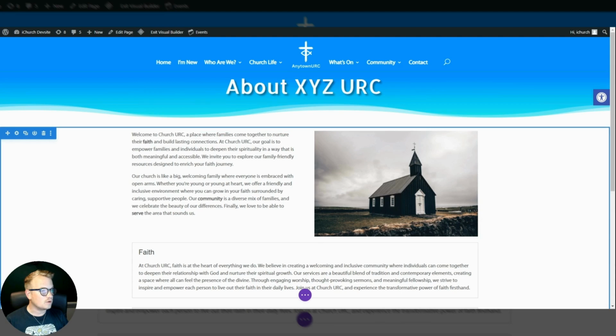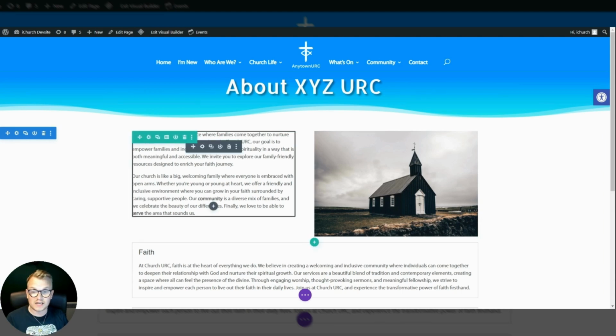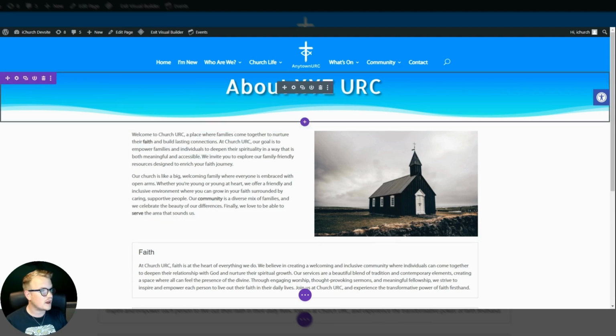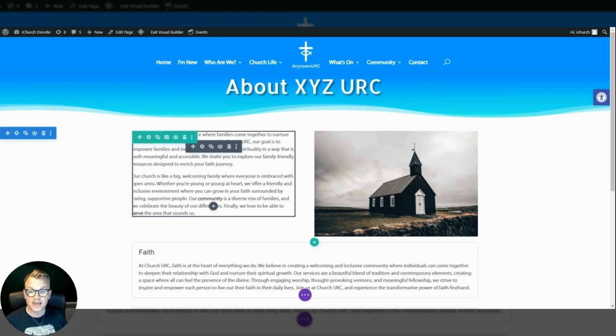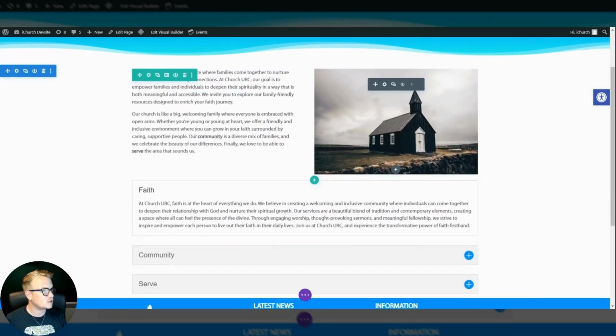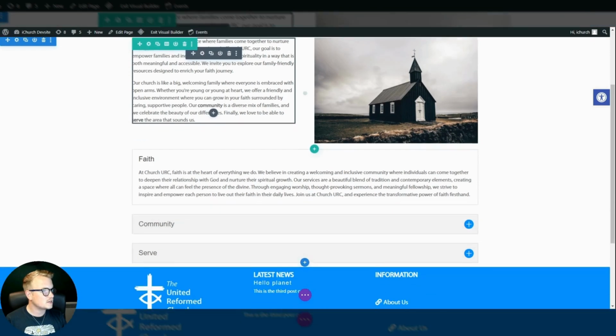And then within columns, or just within a section altogether, like at the top here, we have grey. And grey indicates a module. Now the module is the stuff. It's quite difficult to explain it in any other way, but it's the stuff that we put on our website, whether it be as simple as stuff on this page like an image and some text,